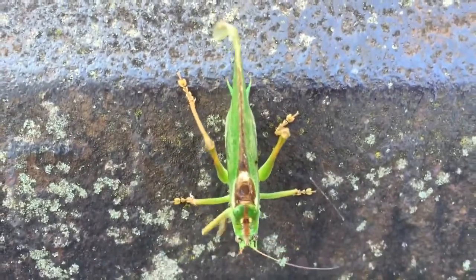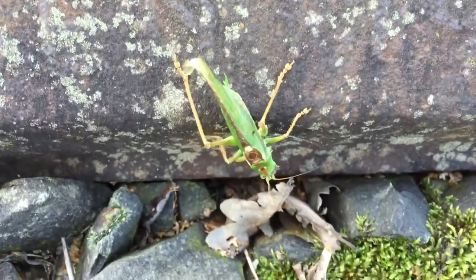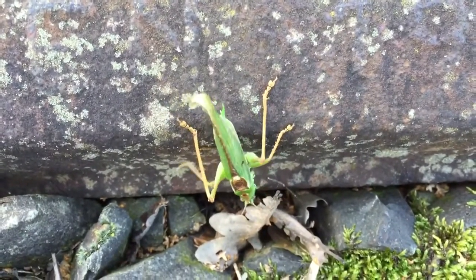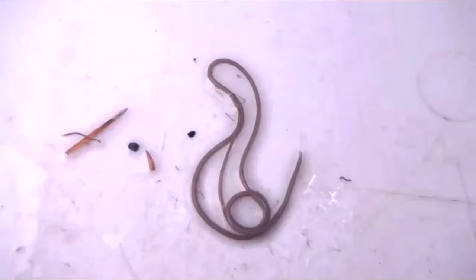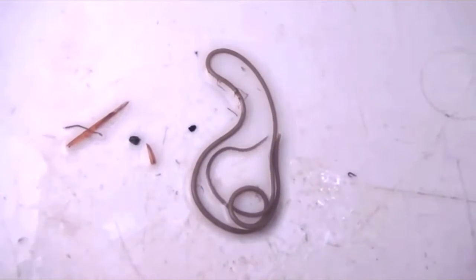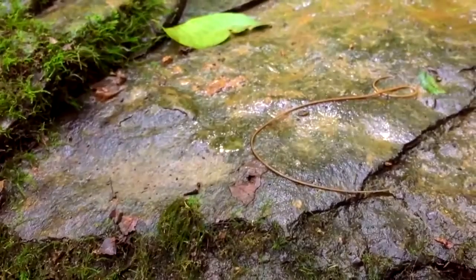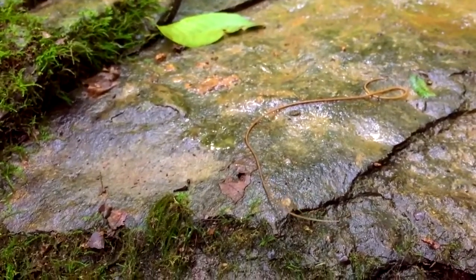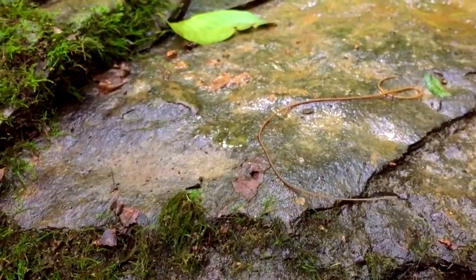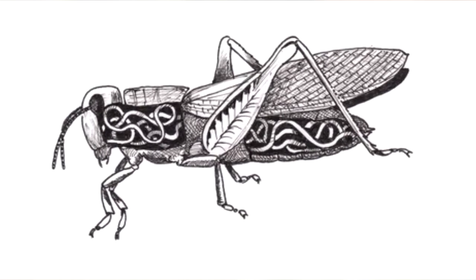Now, perhaps you noticed that most of these definitive hosts are terrestrial animals. So then how, you might ask, would an adult horsehair worm end up back in the water? And that's where the wonders and total creepiness of parasitism come into play. It takes about 2 to 8 months for the larvae to develop into adult horsehair worms. When they're ready to emerge, horsehair worms cause their hosts to jump into water, effectively committing suicide so the adult worm can escape. By this point, the worm has grown to fill just about all of the host's body cavity,